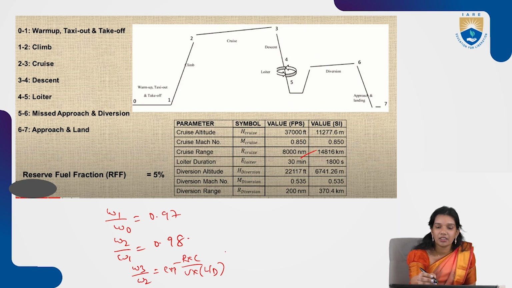Before that, let's just see the mission profile. So next is 4 to 3, W4 by W3. Then 5 by 4, again it is a loitering, so loitering you need to find out. Then the next is 6 by 5, which is going to be a diversion, right? For the diversion, again for loiter it is given. Loiter duration is going to be 30 minutes. So for 30 minutes, I'm going to calculate,